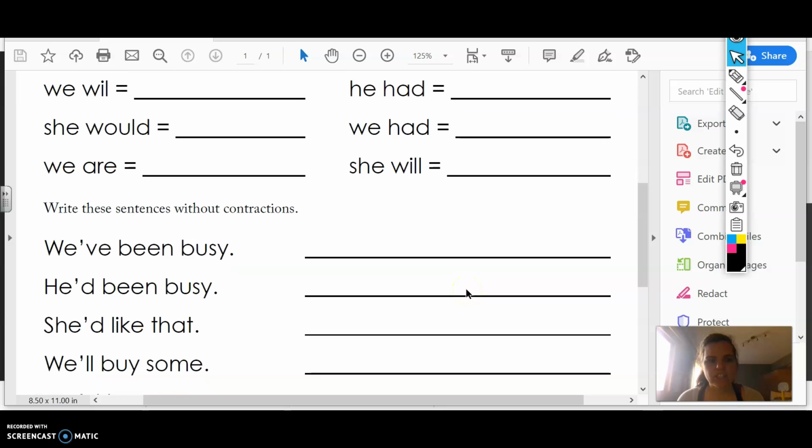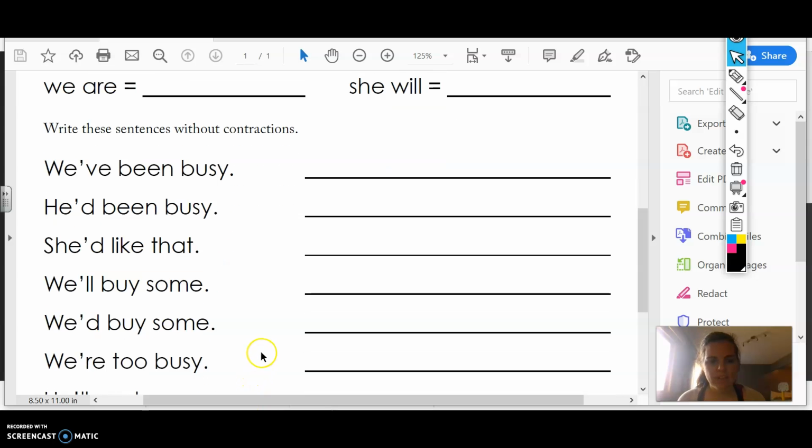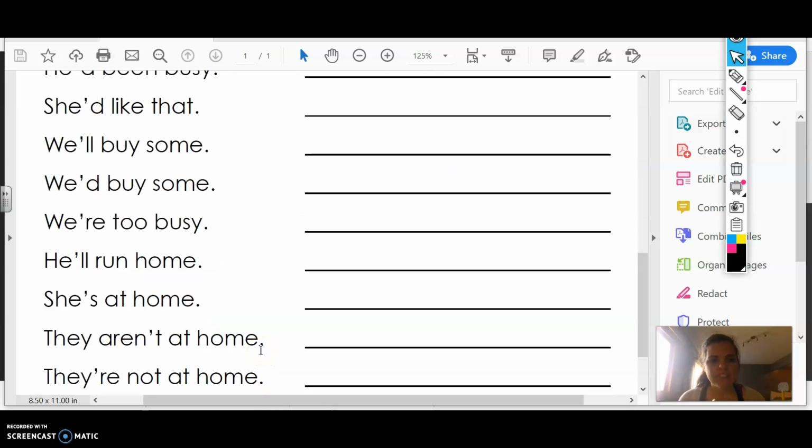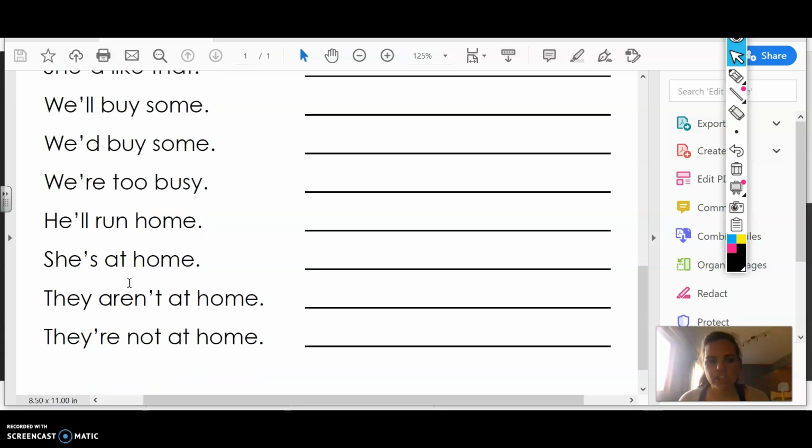If I come down here, she'd like that becomes she would like that. We'll buy some breaks apart to we will buy some. We'd buy some turns into we would buy some. We're too busy. We are too busy. He'll run home. He will run home. She's at home. She is at home. They aren't at home. They are not at home. And they're not at home. They are not at home. It breaks apart too. So write all of those